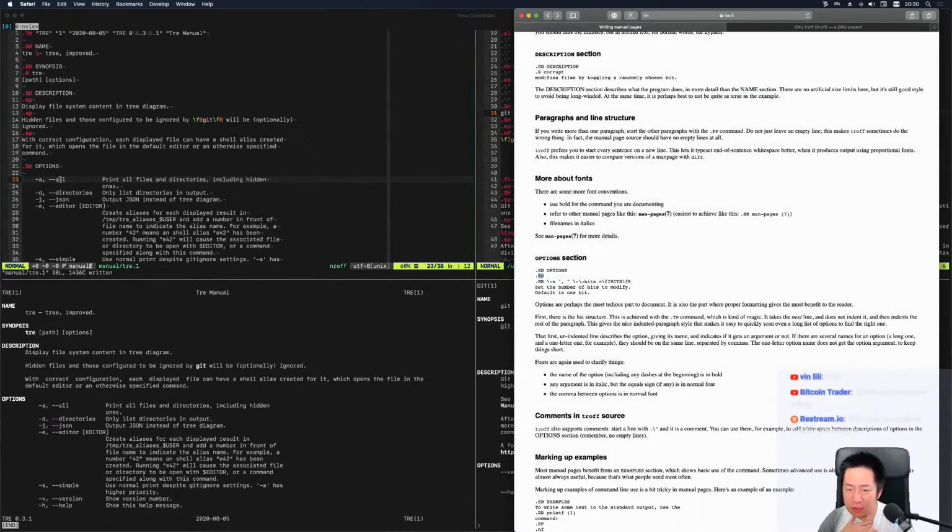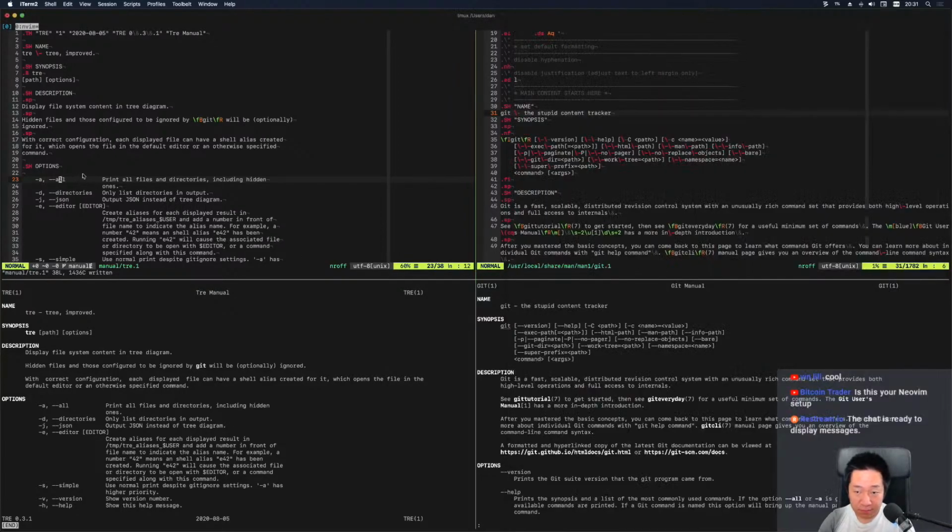Options section. Options are perhaps the most tedious part of the document. It's the part where proper formatting gives the most benefit to the reader. There's a list structure. This is achieved by the TP command. Okay, so that's what I was wondering. And then for which is kind of magic. It takes the next line and does not indent it, and then indents the rest of the paragraph. This gives a nice indentation style that makes it easy to quickly scan even a long list of options. Okay, so if I understand that correctly,